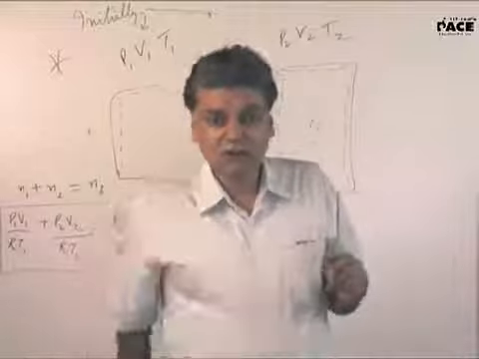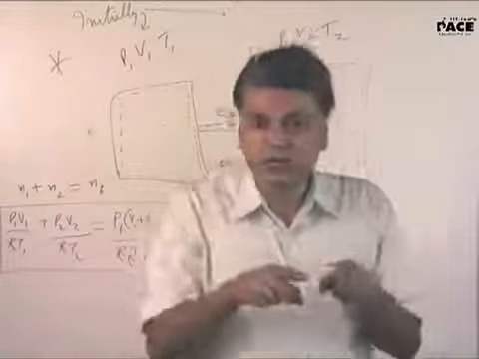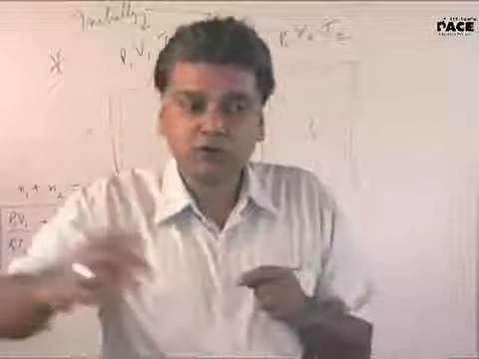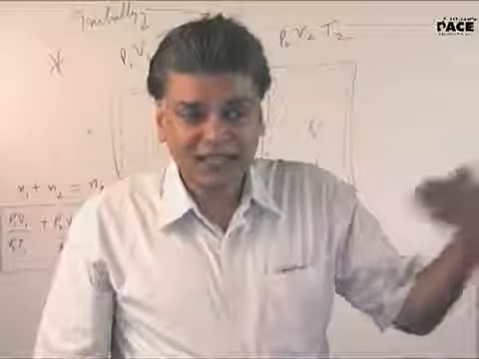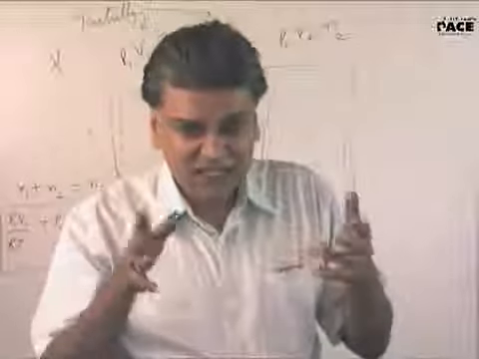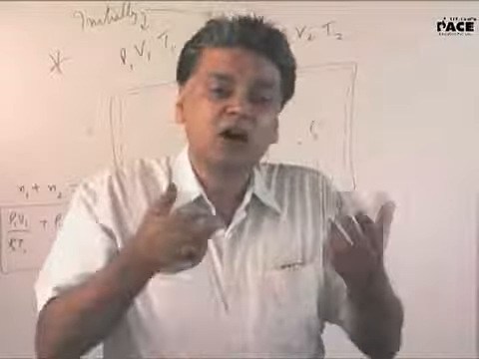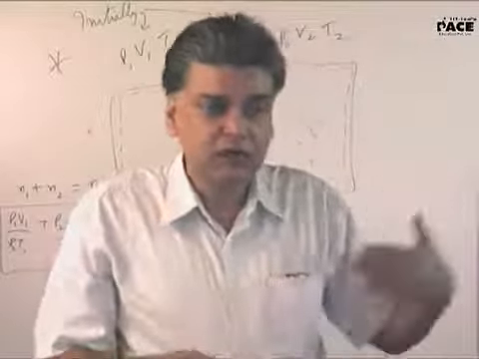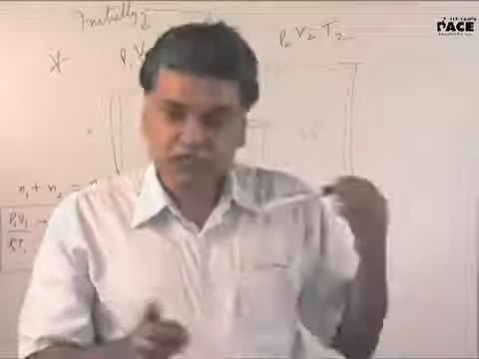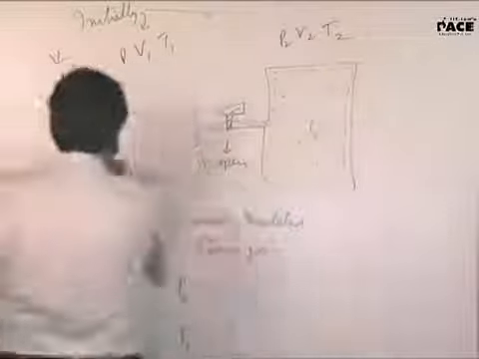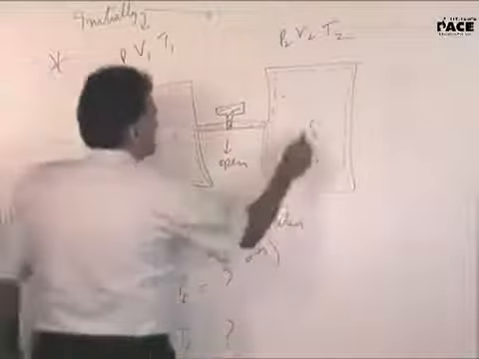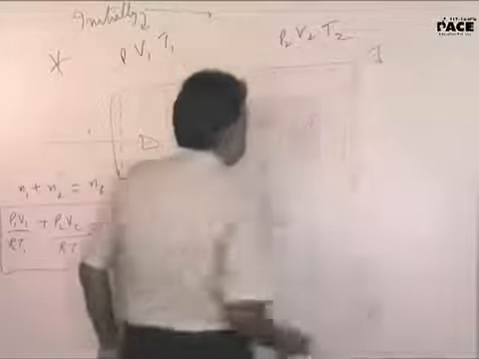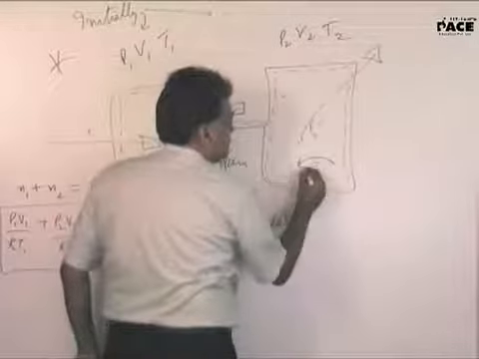Both are money only. But when the money comes from outside the system, or the money goes out of the system, one is called income, the other is called expense, in terms of money. In terms of energy, we call it heat. Heat is always transferred from outside to inside the system, or the other way around. You don't talk about something happening inside.